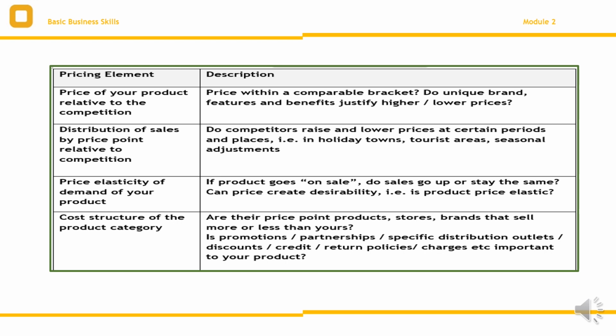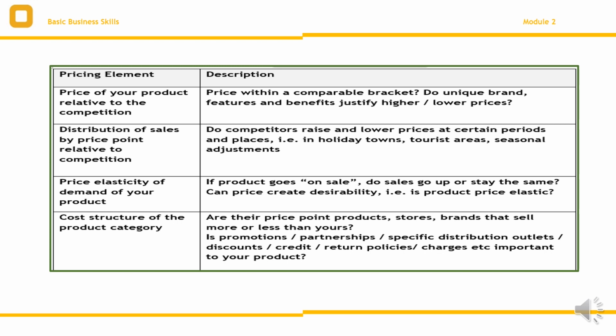You can easily change price to boost sales. But for certain products, the price is inelastic, meaning that even if it goes on sale, the quantity or the volume of sales will still stay the same, or people will still continue to buy the product. So it's important to understand demand as well as elasticity of demand for your product or the service that you're